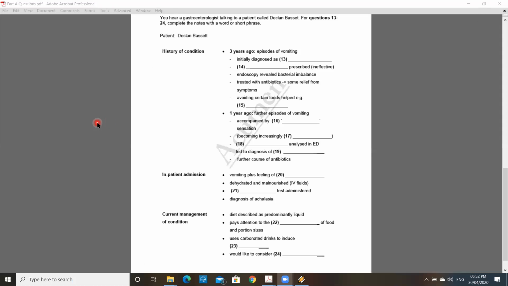Any general question? As far as listening part A is concerned, spelling errors are acceptable, as long as the sound is correct. So for example, if the correct answer is pneumonia, and you have written it with a slightly wrong spelling, still you will get the mark, because phonetically the spelling is correct. The reader should be able to understand what you are trying to convey. So as long as the phonetic spelling is correct, you don't lose the mark. So don't worry much about that.